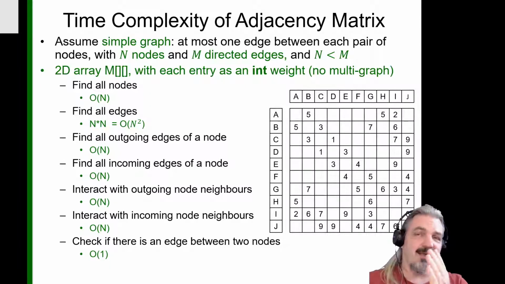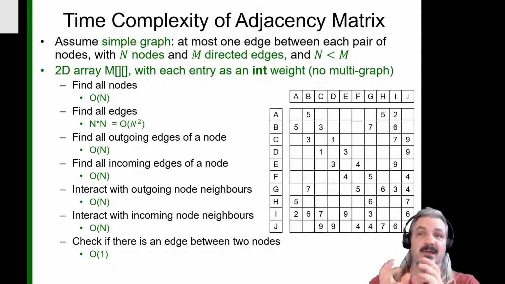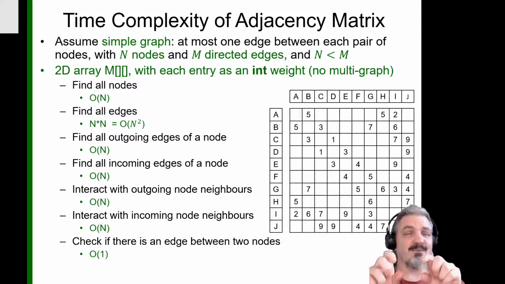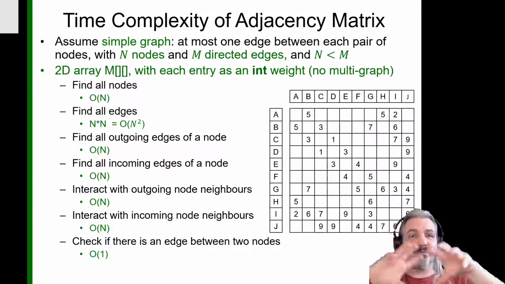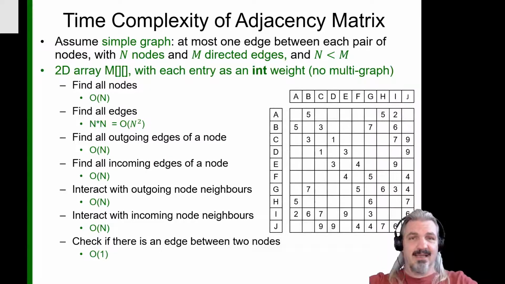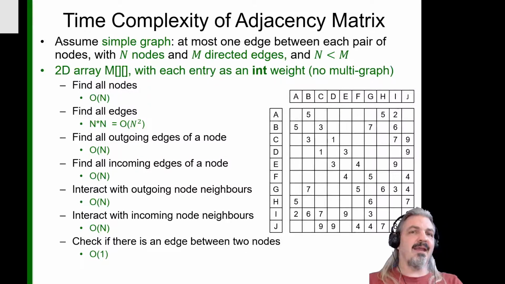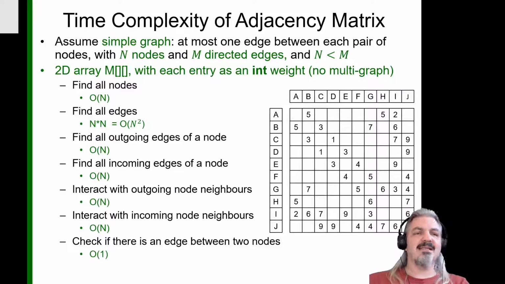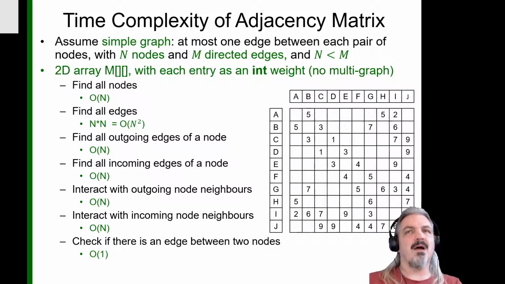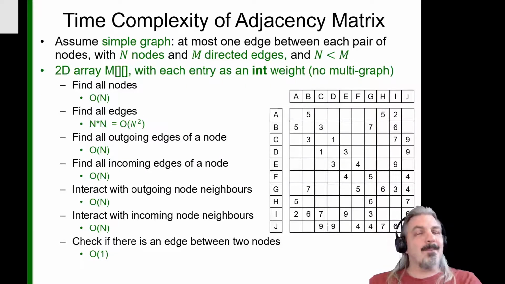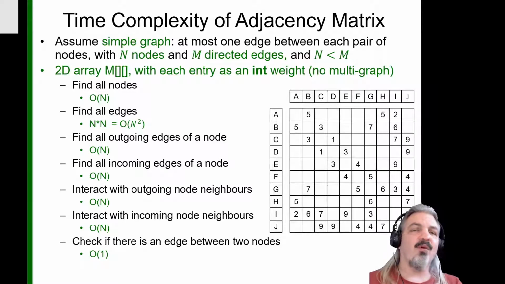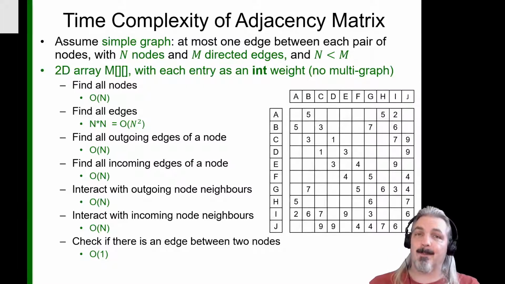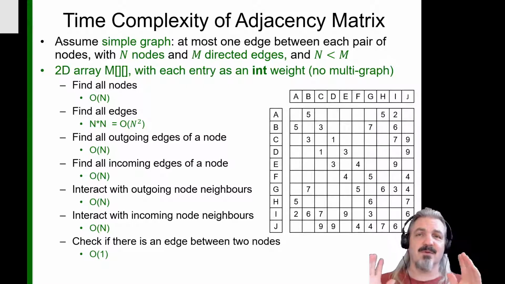Unfortunately, all of these operations now are order n. Now that's given that we know that n is much smaller than m, right? Because m is all the edges. Now it's just the length of the node. So it's generally faster than that. So is n squared greater than m? That depends on your m. Generally, n squared will be larger than m. Okay, so m, well, technically,